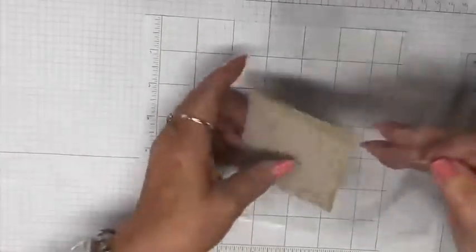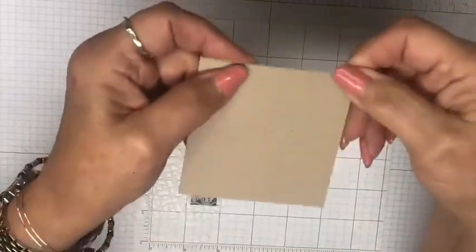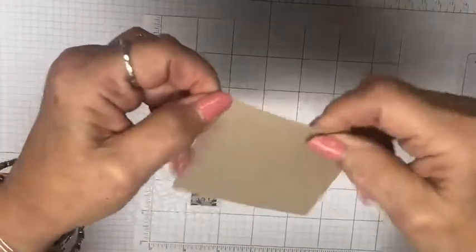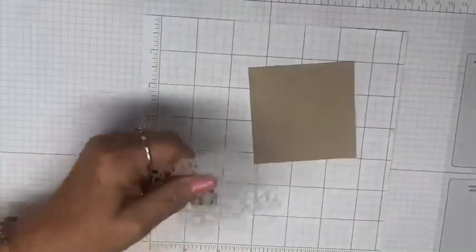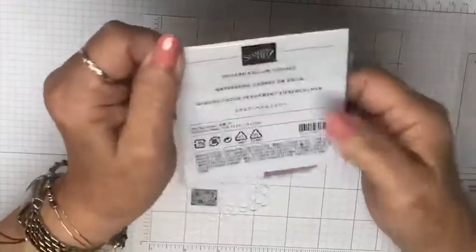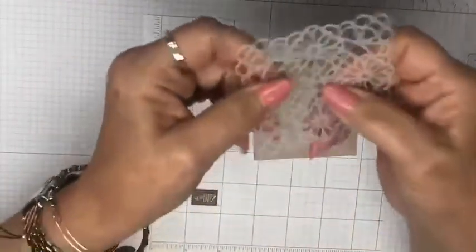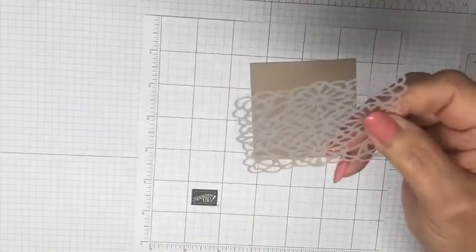And then I have two other pieces, and that is a little 3x3 piece of crumb cake and also one of our square vellum doilies. I used that on that original card too. And these are so nice. They're so delicate and fit very nicely on